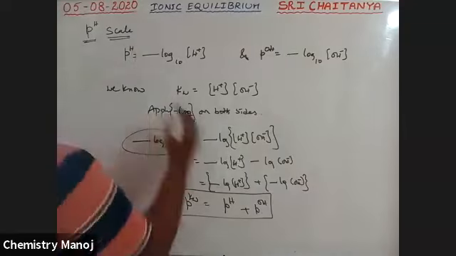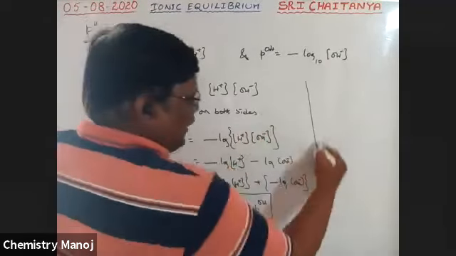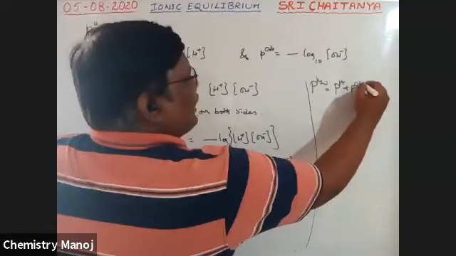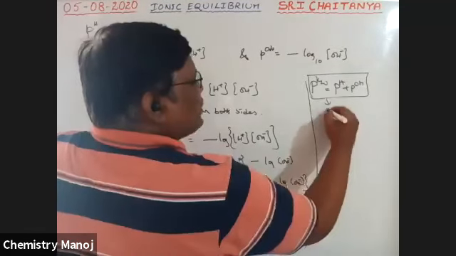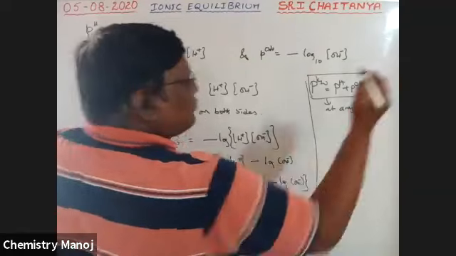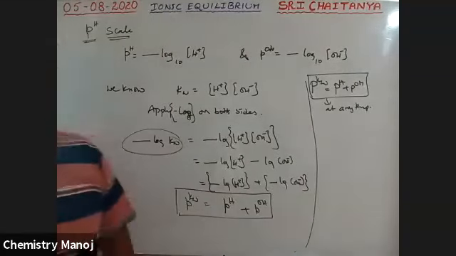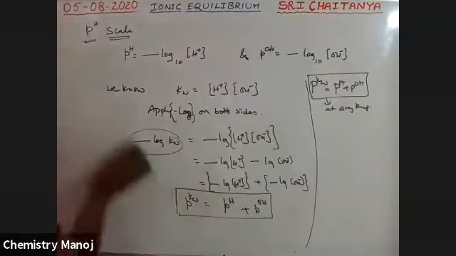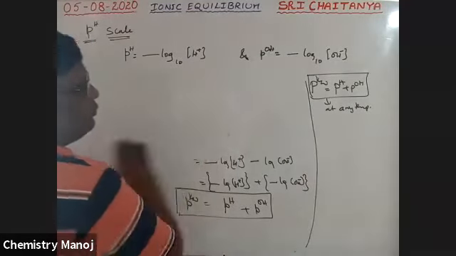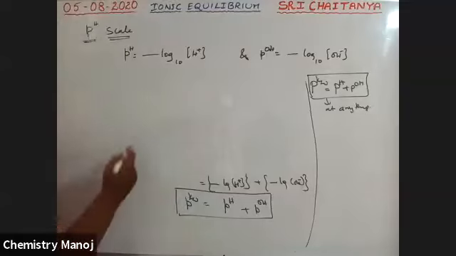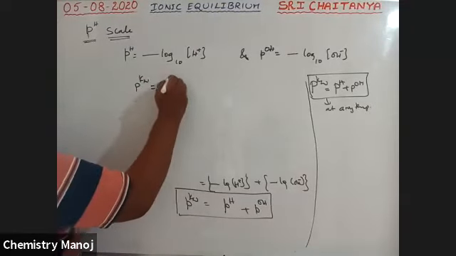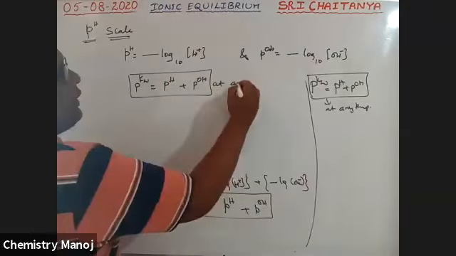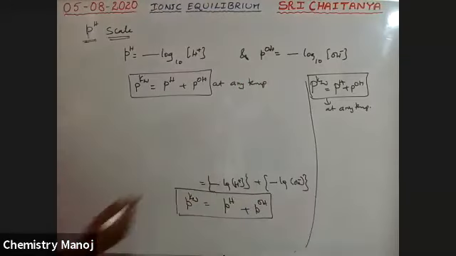So therefore, pKw is equal to, please wait, very, very important, pKw is equal to pH plus pOH, and this concept is applicable at any temperature. At any temperature, the formula is applicable. So pKw is equal to pH plus pOH. This formula is applicable at any temperature because there is no 14 term.